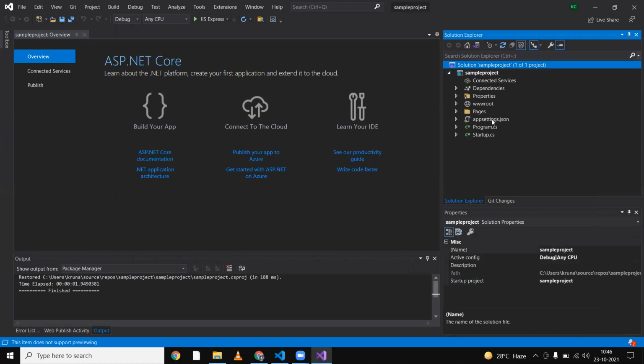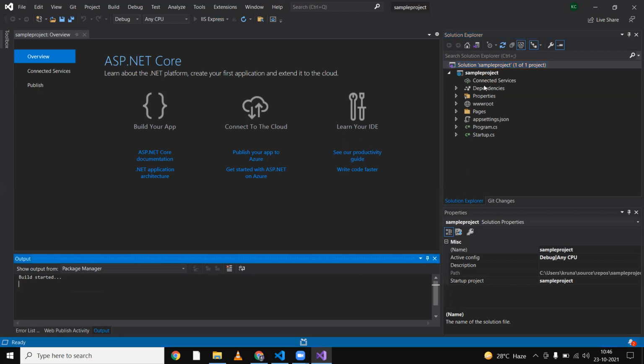Okay. If you want to build this program, we are getting one option here, IIS Express. After clicking on this IIS Express, I can build this sample code. See, this code is building on my local PC.